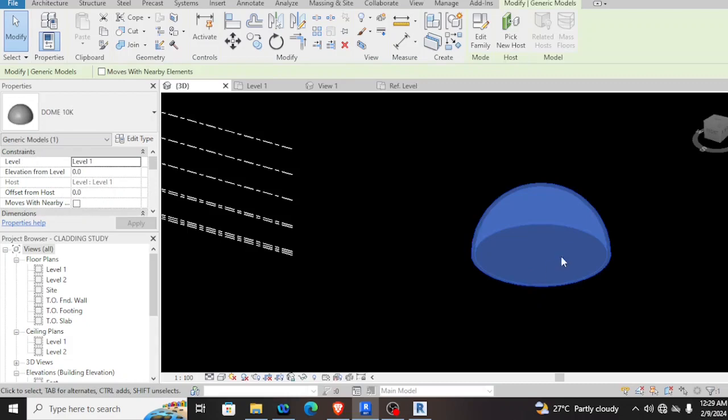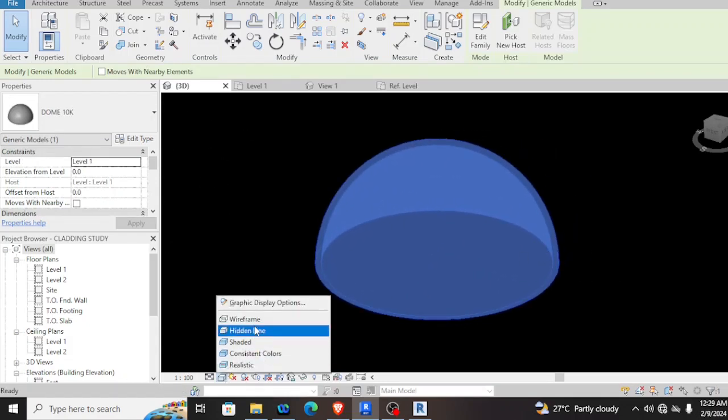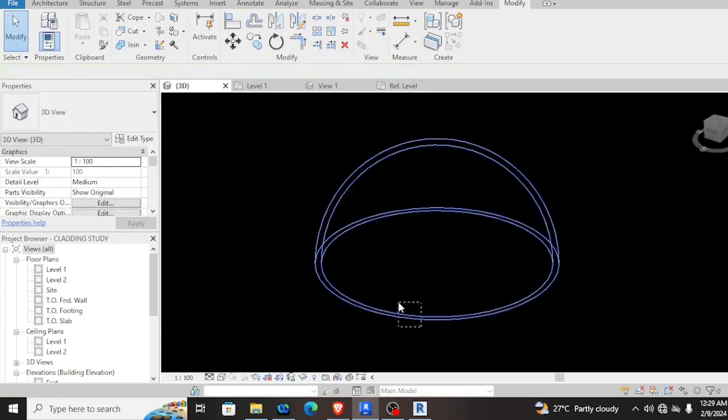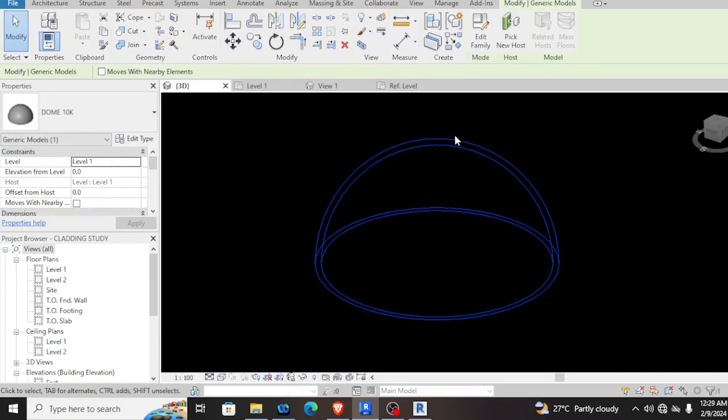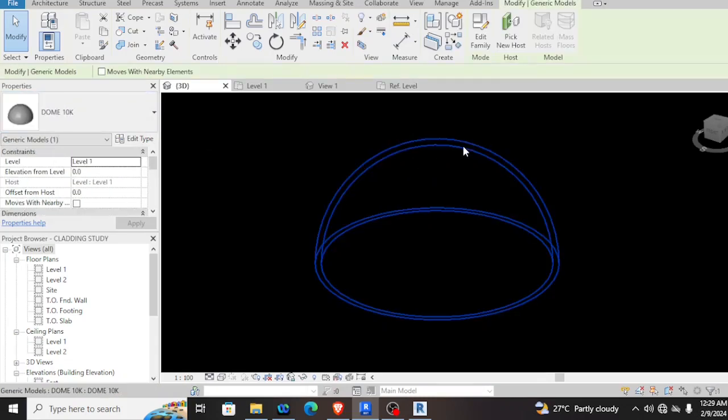This is a dome, guys. Look, when we click the wireframe, this is a dome. And it has a name. This is a family, a Revit family. You can edit this one. Look, it has a name. This is not a wall or a roof.